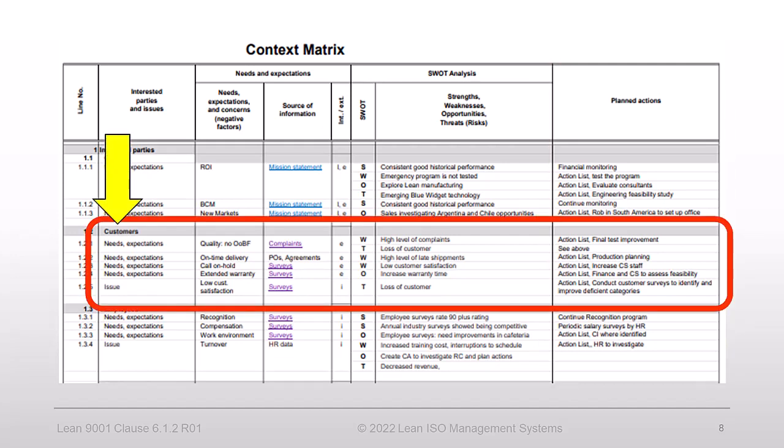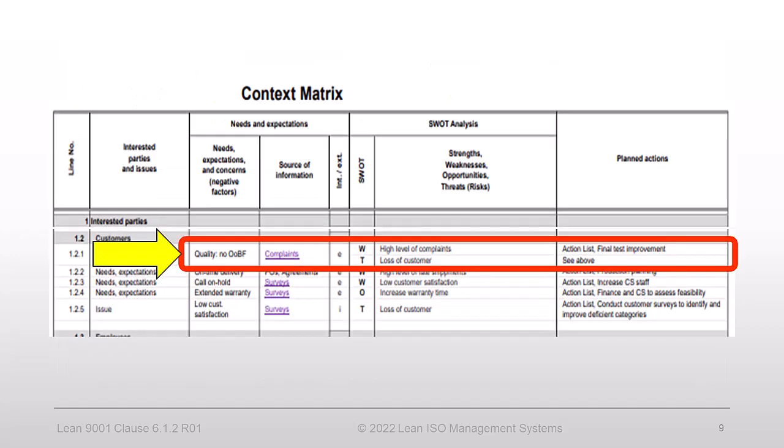Let's take a look at an example. Needs and expectations of our customers. The first customer requirement is quality on receipt, or out-of-box failures. Some folks call it also dead on arrival. We identified our performance against this need as a weakness because we have a high number of complaints.